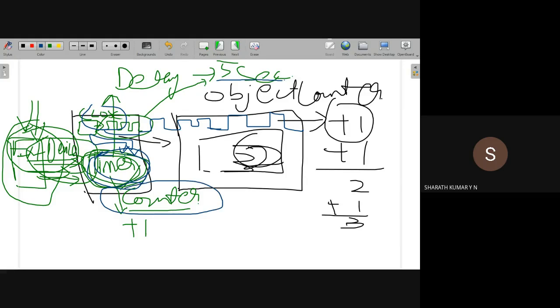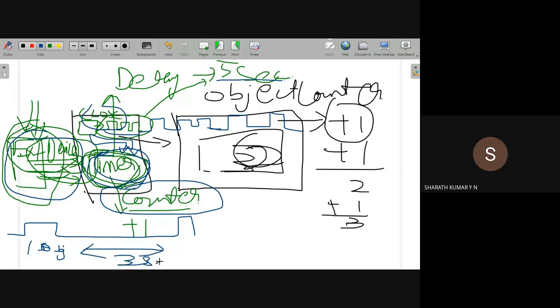Whereas for this counter, which is counting the external event, the input is not continuous. The input is a clock pulse, but it is not periodic. The first object is placed, so there is a clock pulse from the external device. For the next 3 seconds there is no object, as the counter person is yet to place an object on the device. Then he places the second object, and there is one clock pulse. So the timer count was 1 because of the first object. For the next 3 seconds, no activity. Then the second object is placed.